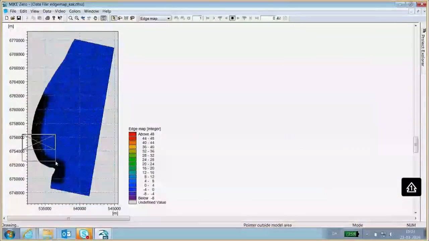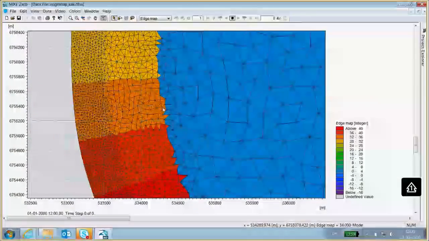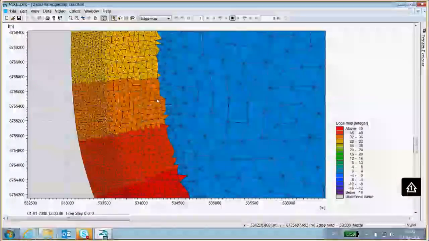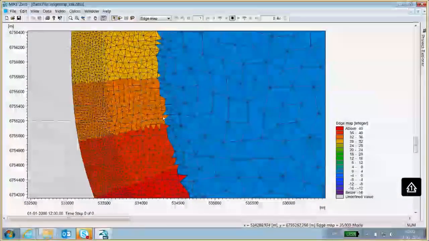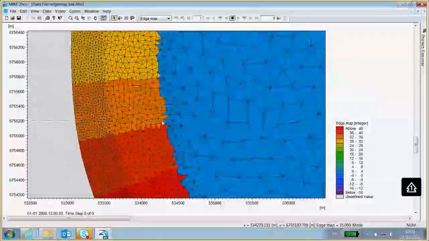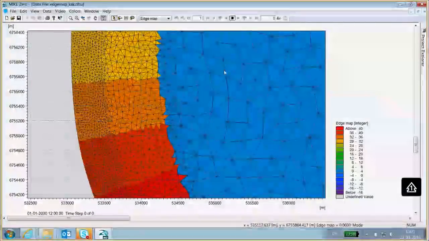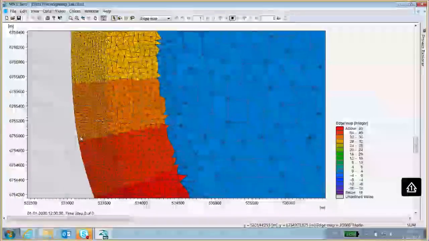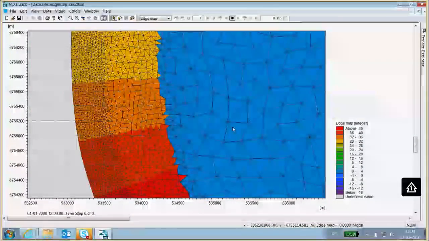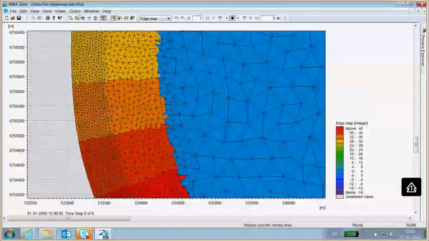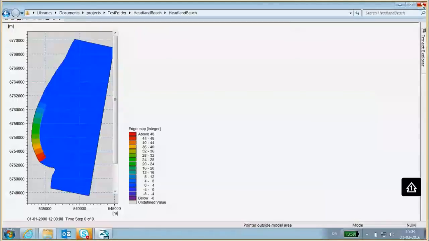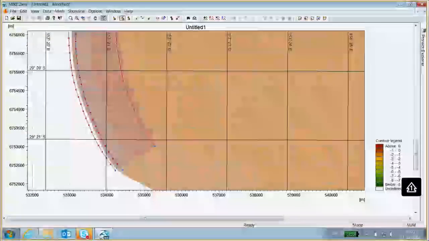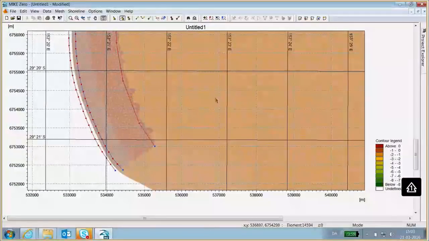Another thing to check is down here where the shoreline is curved. It's a good idea to just check the values to make sure that nothing strange is going on. Strange things can happen if these lines that are perpendicular to the baseline start to cross each other. It doesn't look like it's the case here. So we'll just close this file again and move on to the last input that we need to generate, which is the coastal profile.